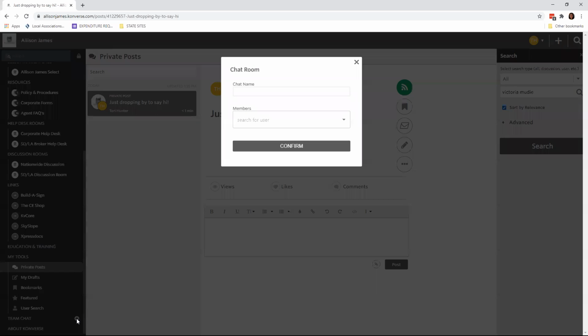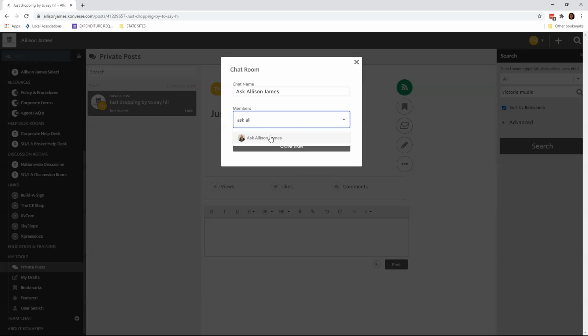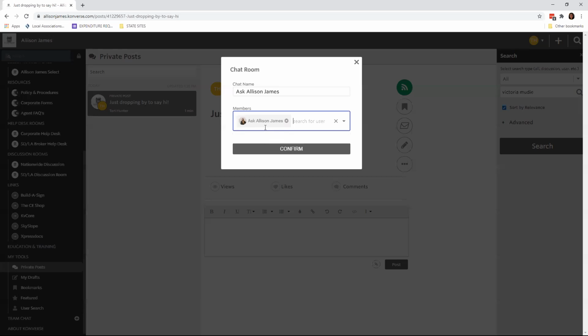If I click on the plus sign, a good example of when you would use this is if you would like to chat with our support team here at corporate. All you need to do is create a name for the chat. So I'm just going to put Ask Allison James. If you search for members here and you type in Ask Allison James, this is going to connect you with Carly on our support team. So if I just add the Ask Allison James profile and click on confirm,